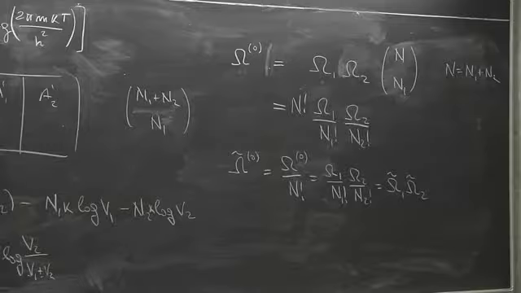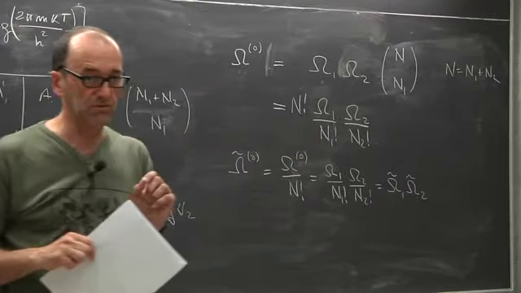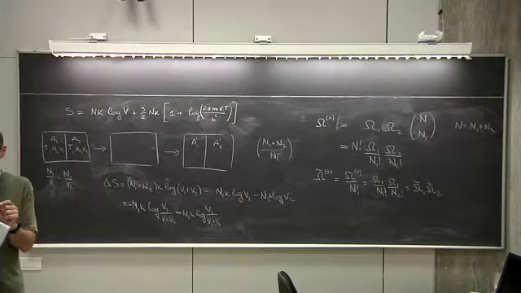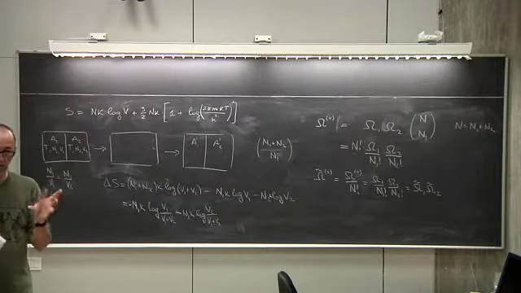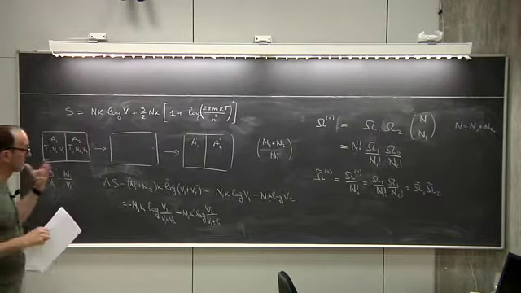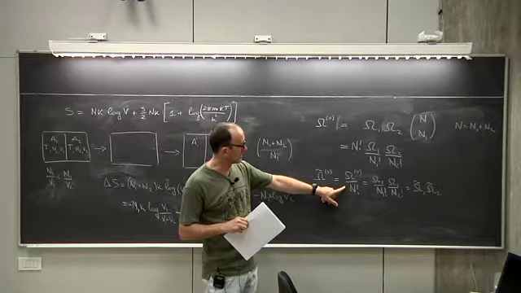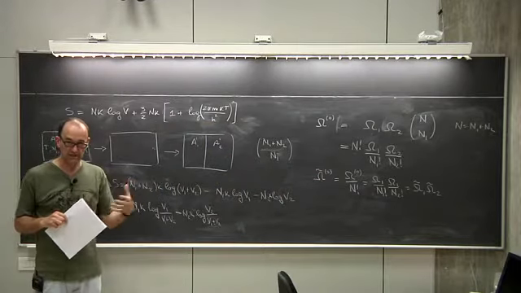So this sounds like a mathematical trick, but it's actually deeper than that. It is actually telling you that if the particles are indistinguishable, if the particles are the same, you cannot distinguish between microstates where particles are interchanged among themselves. Okay? You have to count the number of microstates in such a way that you are not distinguishing between different arrangements of the particles.